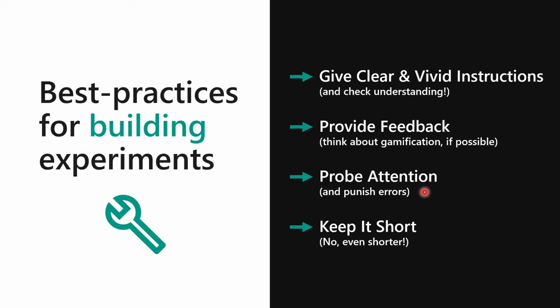So one thing that's really important in building experiments is that your instructions are extremely clear and vivid. So keep away from doing just plain text. But what you should do is basically a step-by-step instruction of how your task works and what the participants are supposed to do. This is really important because participant sets are often more diverse than they are in your lab. And you need to keep in mind that participants cannot ask questions because you're not there.